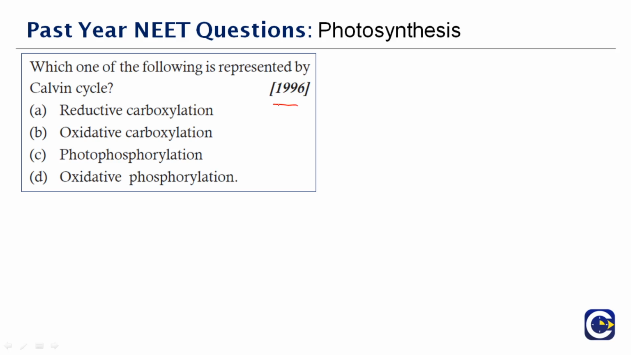Which one of the following is represented by Calvin cycle? Before we go into the answer, we will discuss what the Calvin cycle is. The Calvin cycle refers to the light independent reactions in photosynthesis that take place in 3 steps. Although the Calvin cycle is not directly dependent on light, it is indirectly dependent on light since